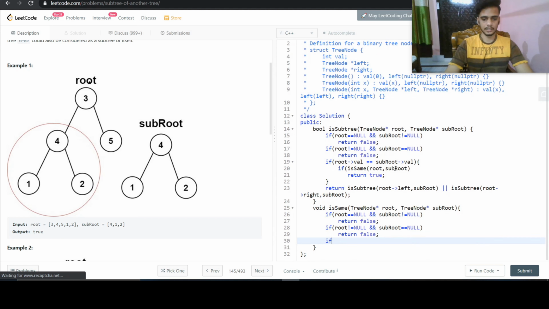Then again, another case, if root's value is not equal to subroot's value, then we'll return false.